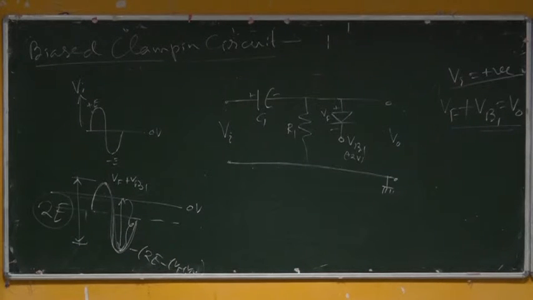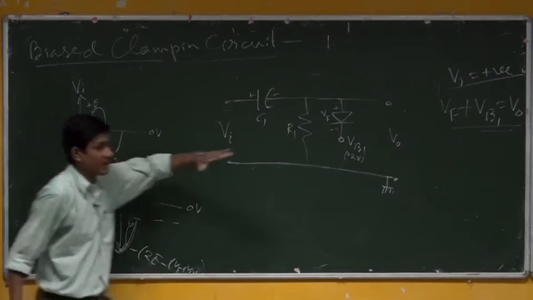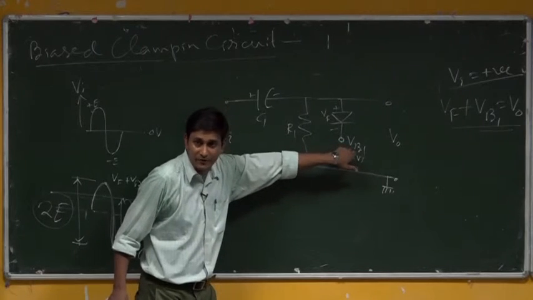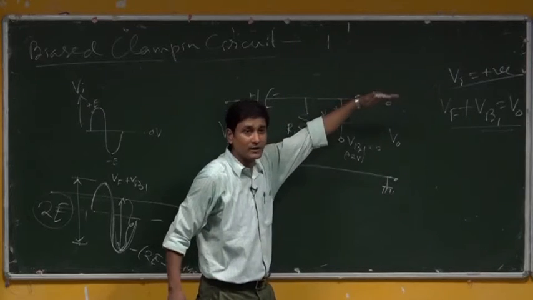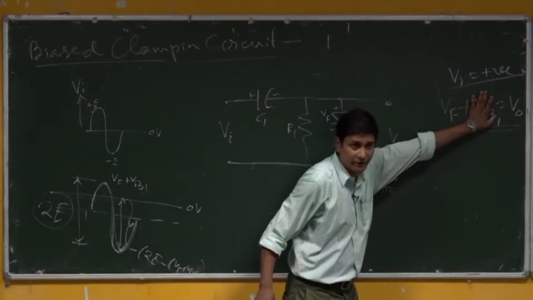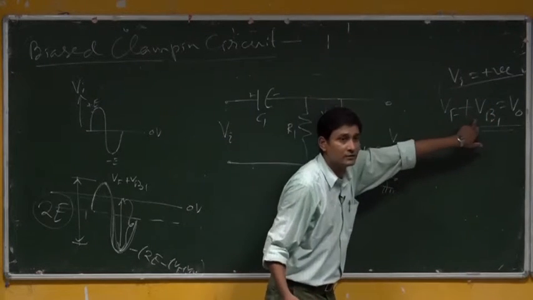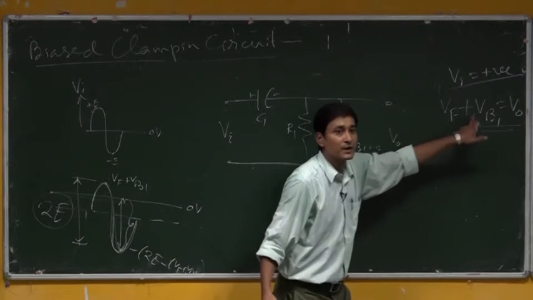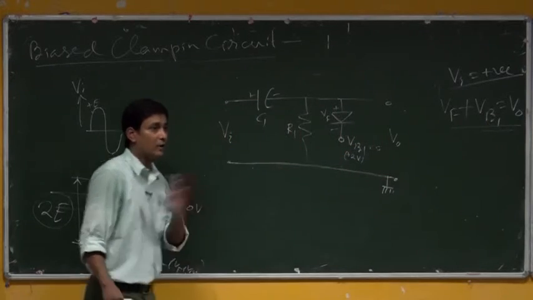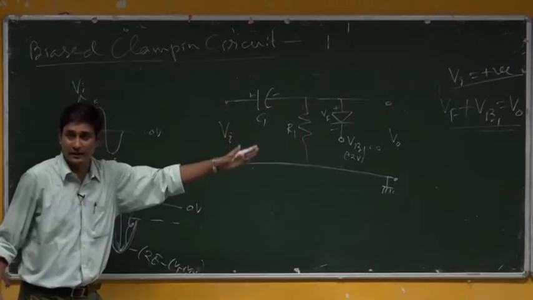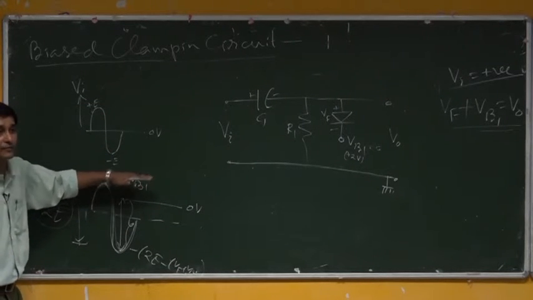I am not going to the internal discussions there. Just like earlier idea what we had, since it is a clamper circuit, maybe because of some bias here Vb1 it is there. If it would be 0, then what would be the clipping, what would be the clamping at Vf, the circuit what we have already discussed. Now that I have kept above of Vb1 also. So Vf plus Vb1. With that idea only I am analyzing the circuit. I am not going to discuss each and everything of it like earlier. Since I have some results, I am using those results that now the clipping will happen at Vf plus Vb1,